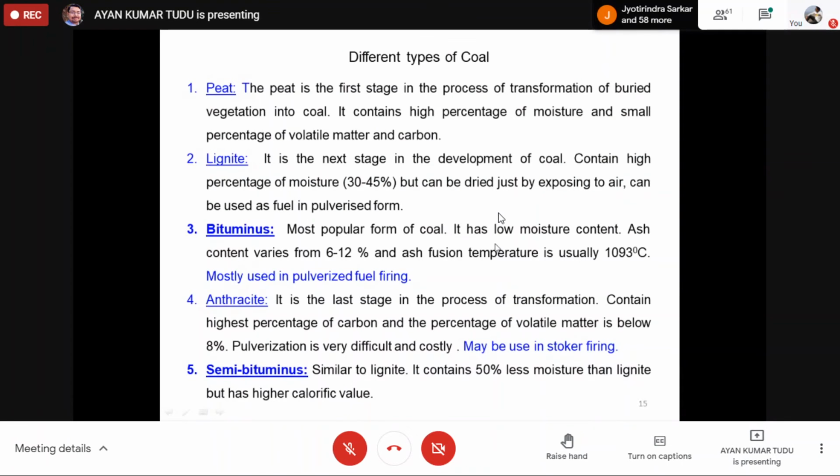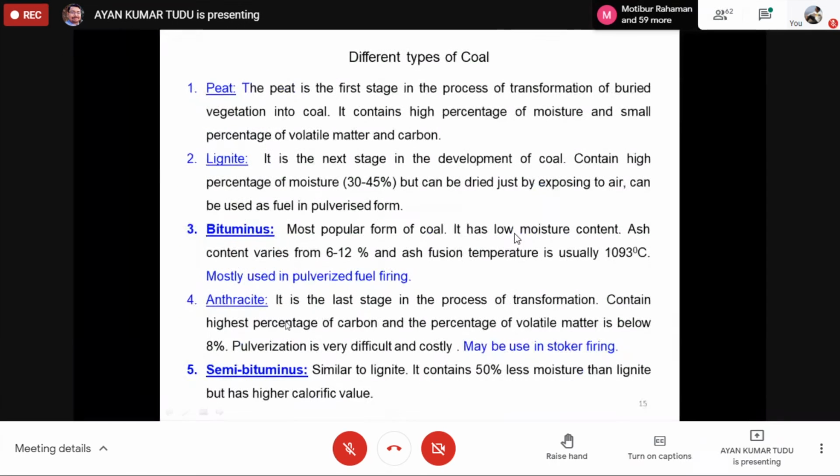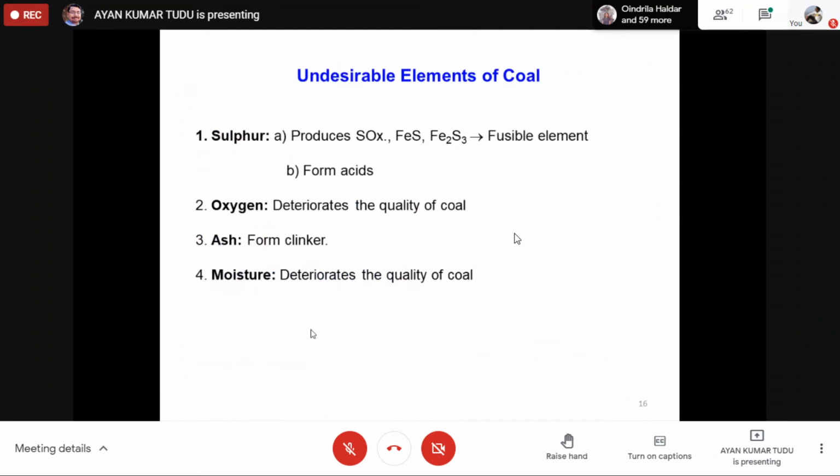And last is our semi-bituminous, similar to lignite, containing 50% less moisture than lignite. আমাদের বাড়িতে কিন্তু বেসিক্যালি যেগুলো হাউস হোল্ডে লিগনাইট বা পিট টাইপ অফ কোল ইউজ করা হয়, কিন্তু তোমার স্টিম পাওয়ার প্ল্যান্টে কিন্তু বেসিক্যালি বিটুমিনাস বা অ্যান্থ্রাসাইট টাইপ অফ কোলই কিন্তু ইউজ করা হয়। And as you know, most of the coal that comes to India is imported. আমরা নিজের কোলটা আমাদের এখানে সেই কোয়ালিটি কোল ইউজ আমরা পাইনি, ওই জন্য আমরা ইম্পোর্টেড কোল ইউজ করে থাকি ফর ফায়ারিং আওয়ার স্টিম পাওয়ার প্ল্যান্টস।